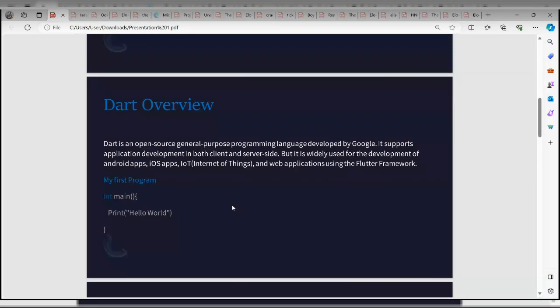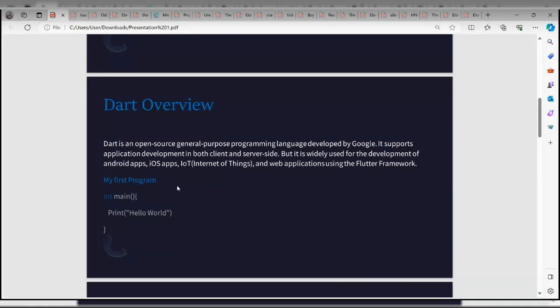It is widely used for development of Android apps, iOS applications, Internet of Things, and web applications using the Flutter framework. So Flutter is the framework, like the structure, and Dart is the programming language.